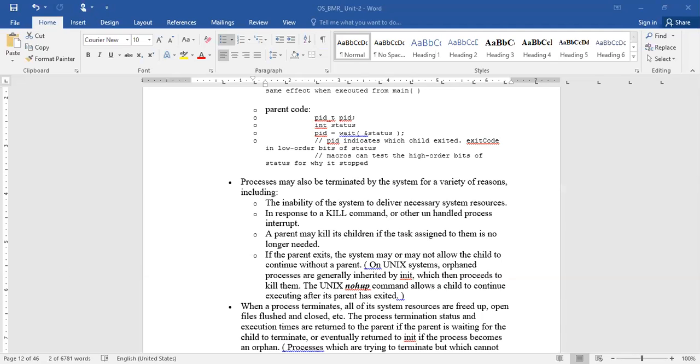Sometimes all of a sudden our system gets shut down. We don't know what happened internally, right? Even though we did not press the shutdown button, automatically it stopped. So like that, there are a variety of reasons the process may be terminated by the system. So let us have a look at it.